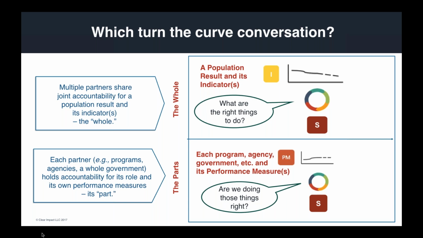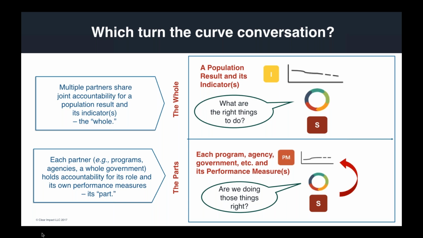And how do we use performance measures to determine if we are doing each of those things right? So two different levels, two different conversations. If I'm in a conversation as a head of an agency or running a program, and it's a conversation at the population level, I don't advocate for my program. I'll make the case if I do think it has a role to play. But the larger question is what's the right things to do? And it may be that what's needed is not something that my agency does. And I want to be objective enough to see that and to share with others in thinking through what's the right things to do. But when it's about my own agency and a role that we do play, then it's great to be an advocate and to ask what's going to help me to maximize our performance as an agency